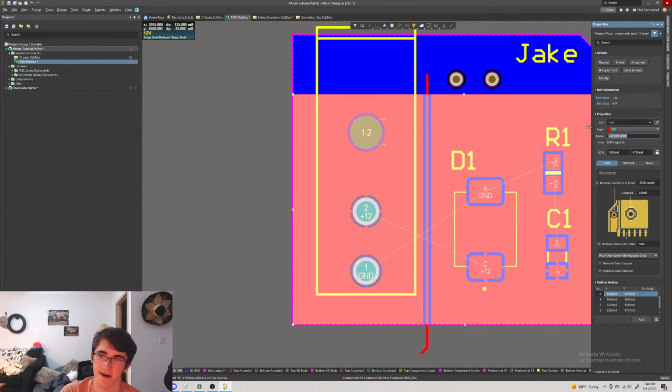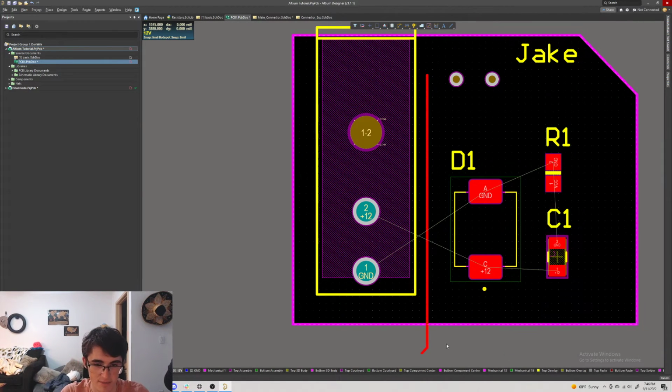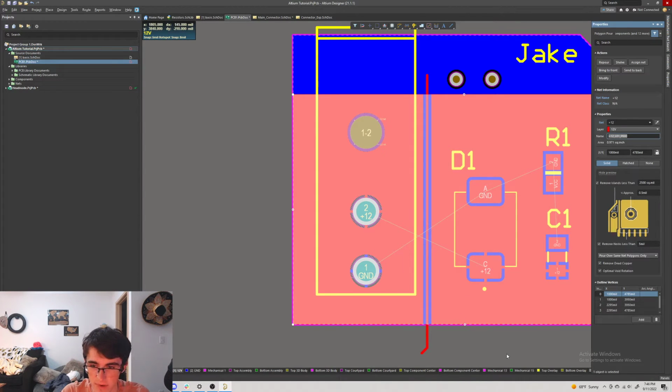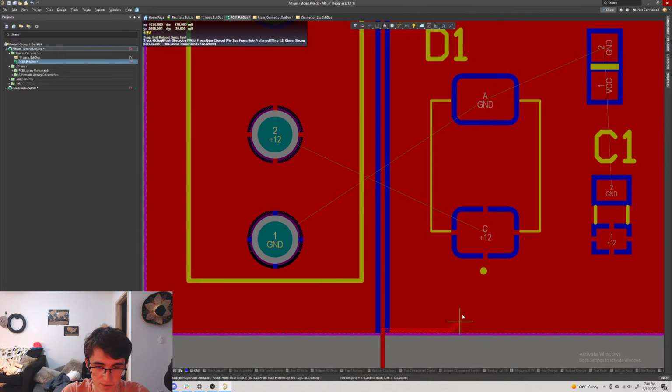Something that's kind of fun is you can double click on the plane and hit remove dead copper, and then hit T, G, A. Sometimes it won't do it. Dead copper will only be shown if you do something kind of like this, where it's literally